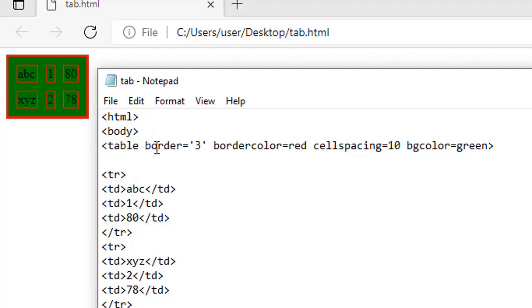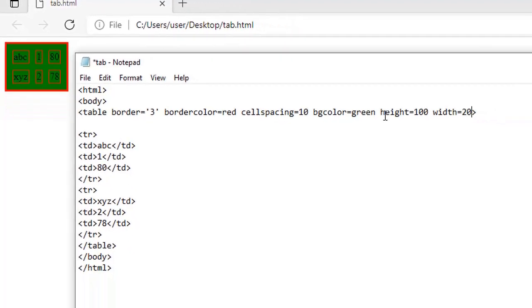So this is called table border 3, border color red, cell spacing 10, and BG color equals green, right? Now we have more options to do. Now we will see the height and the width. We have already seen that there is a height and width related to the table, so we will see that also. If I give height equals, for example, 100, width 200,